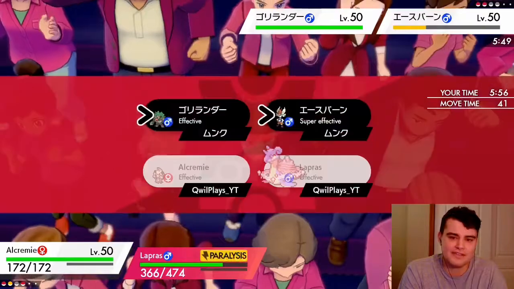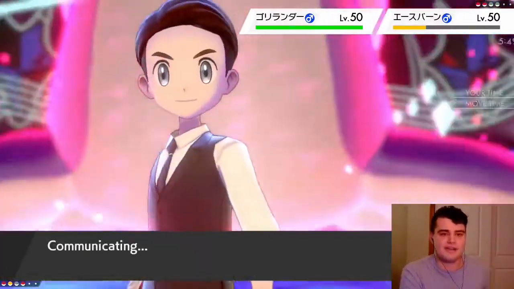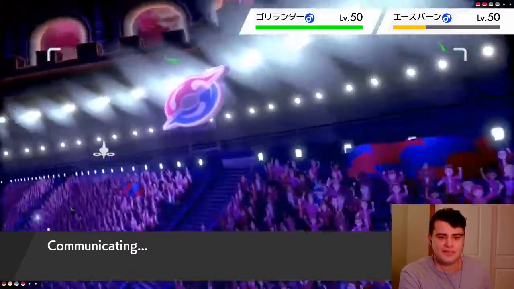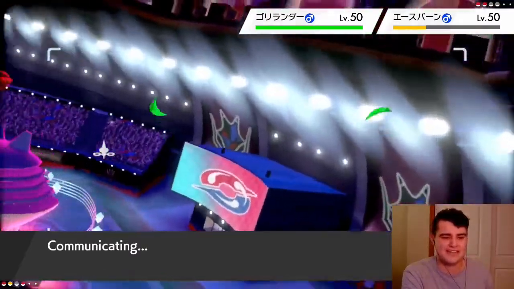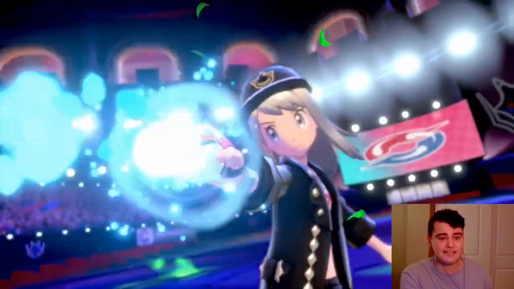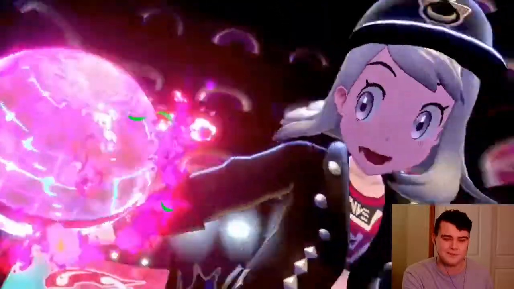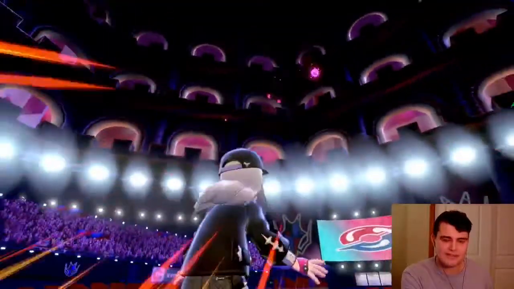I'm going to go for Dazzling Gleam to try to take out the Cinderace, and just go for another G-Max Resonance onto the Rillaboom, which I'm expecting to go for Grassy Glide to try to take out my Lapras, if it can. What do we see? Okay, so we're going to see a Gigantamax Rillaboom here, which is not exactly the best thing in the world. Not what I wanted to see at all, but